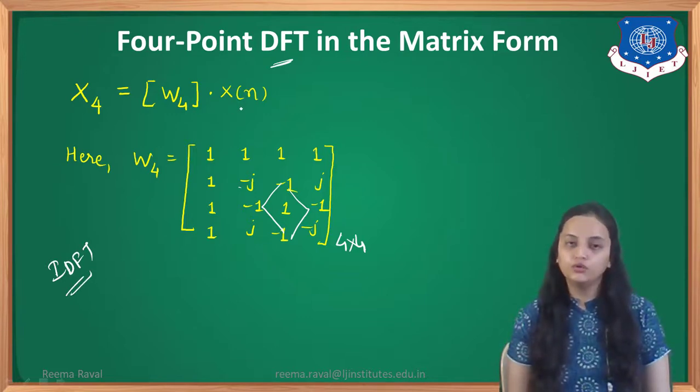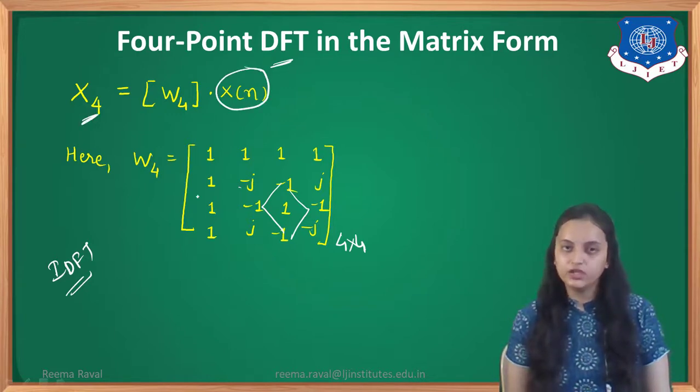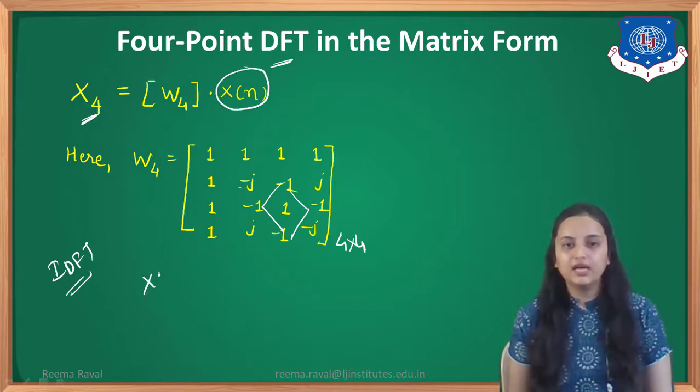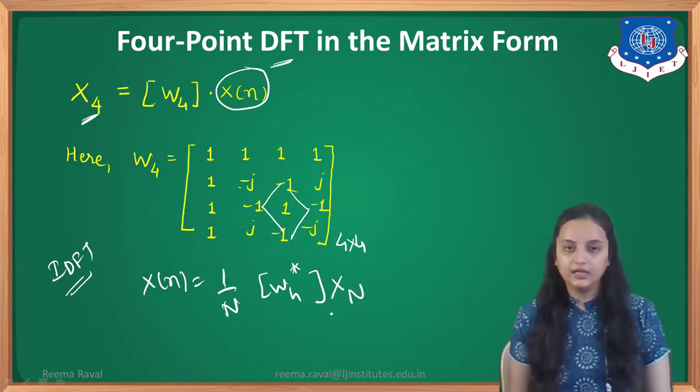That means if you want to find x of n, the original sequence, back from its DFT version, the formula will be given as x of n equals 1 by n, that means the value of n-point DFT, into W4 star, which is called the conjugate of that matrix, into X of n. So here the conjugate matrix will be